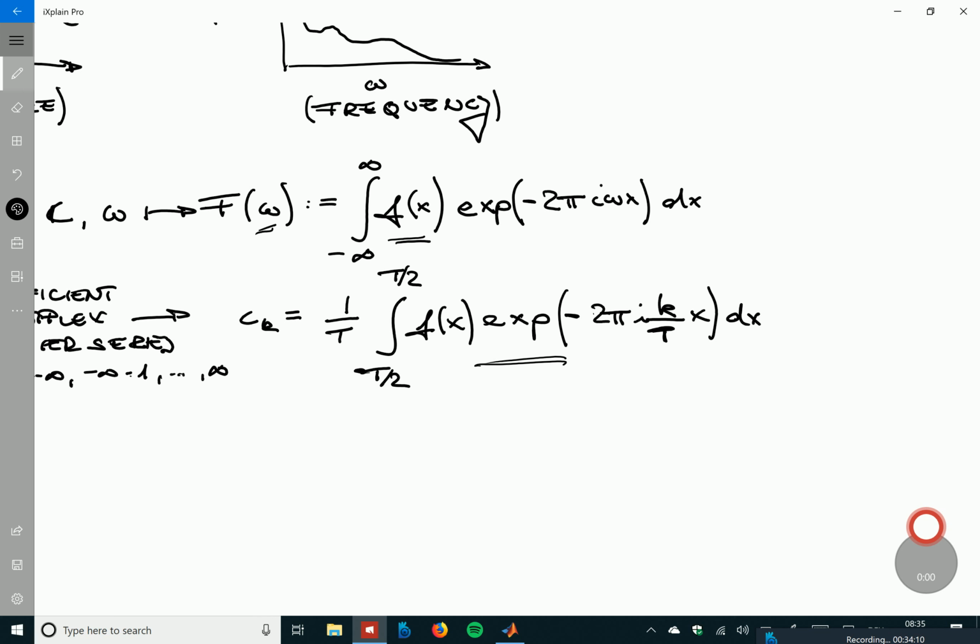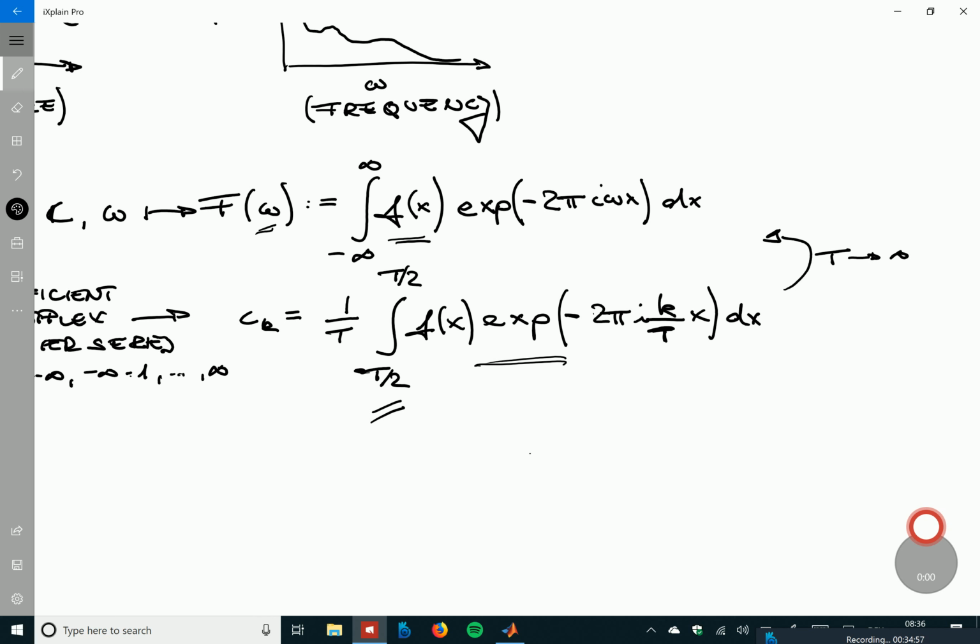correspondence is that if you imagine that the period of the function is going to infinity, then the boundaries of this integral, because T gets larger and larger, also in the negative direction and the positive direction, go to infinity. So you see somehow that if you allow the period of the function to become infinitely long, then these c_k coefficients start to look like the Fourier transform values for this frequency omega in terms of the